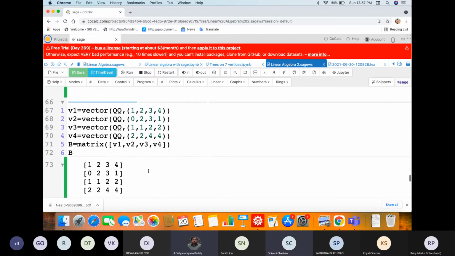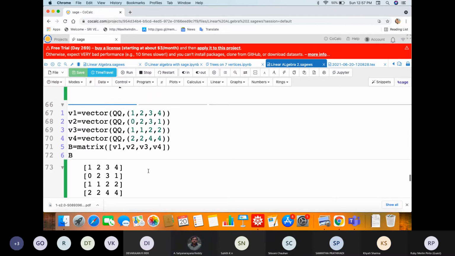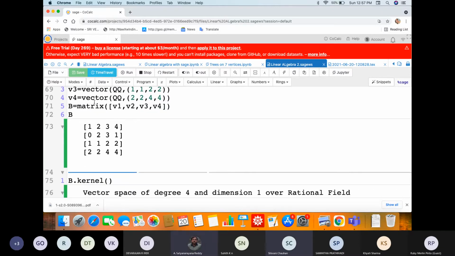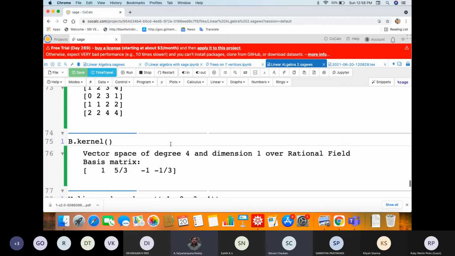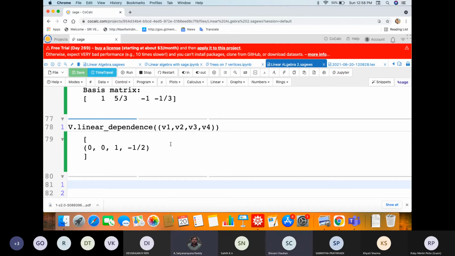V1, V2, V3, V4 are these four vectors we have defined. Earlier B was a column matrix, so now it is reading them as rows. Anyhow, once we got one combination, there are many combinations, so it may give a different answer. Can you run one more time?